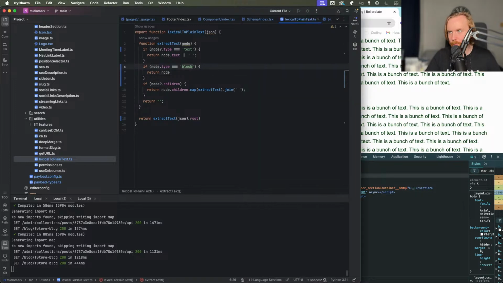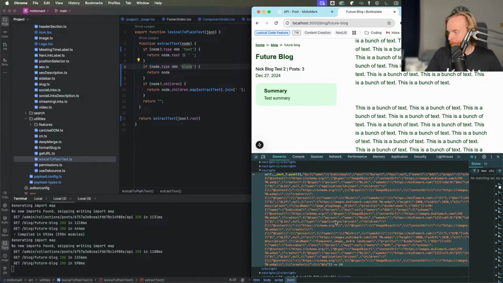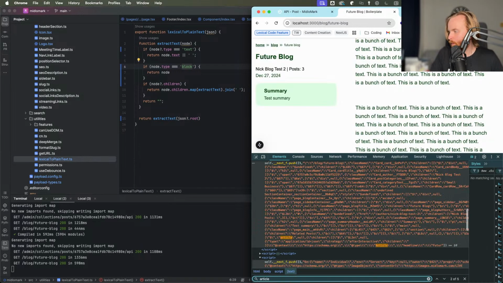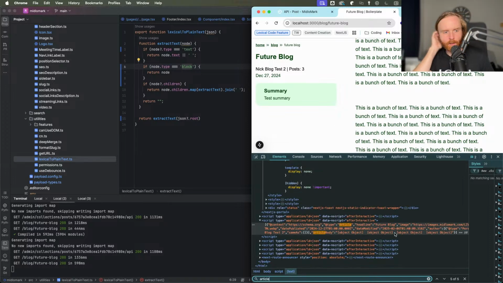Oh, I think this just needs to be block. Do article. Yeah, so it's passing in a bunch of